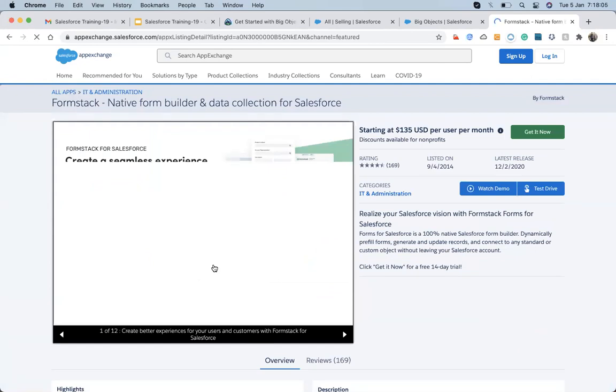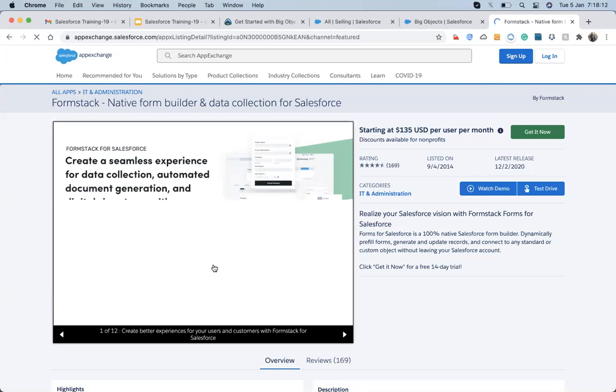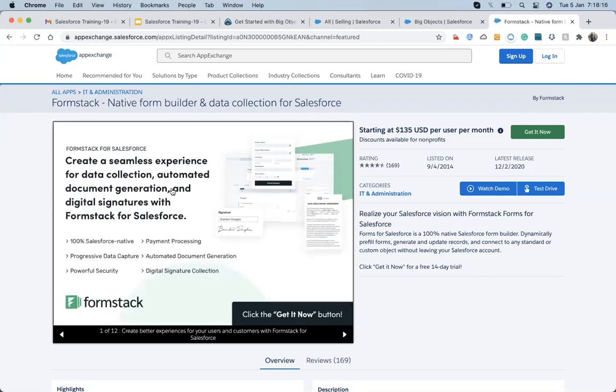You don't have to write a single piece of code. You just have to drag and drop things and publish the form at the place. Once you publish it, everything gets managed. The data will be automatically collected, and documents generated, digital signatures, all of these things are managed automatically. So whenever we have a requirement to collect form data via a form, and then automate the documents and do the digital signatures, just go up, install this app, and it will help. That's the thing.